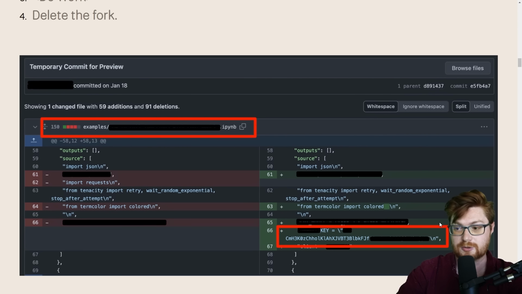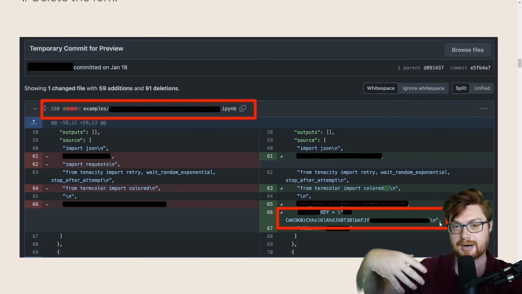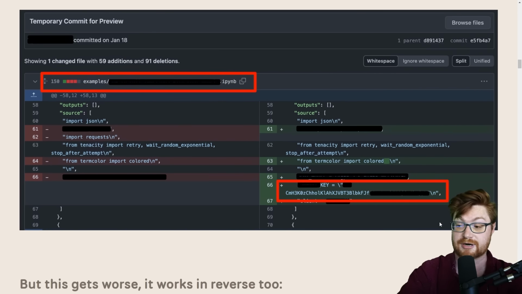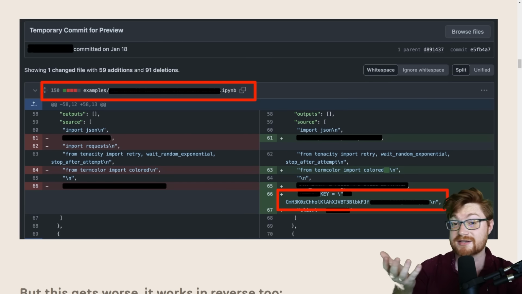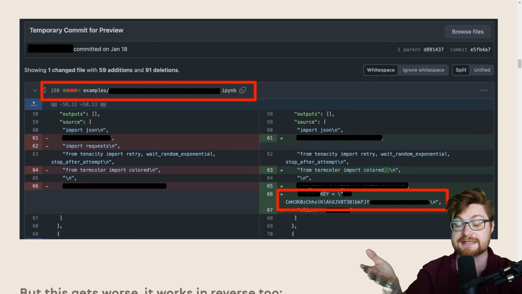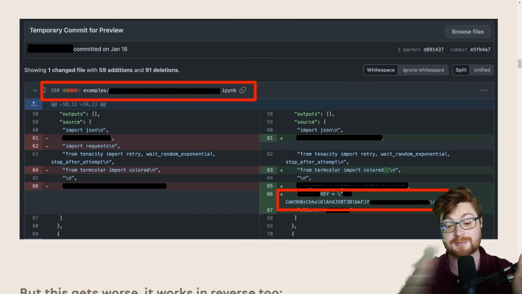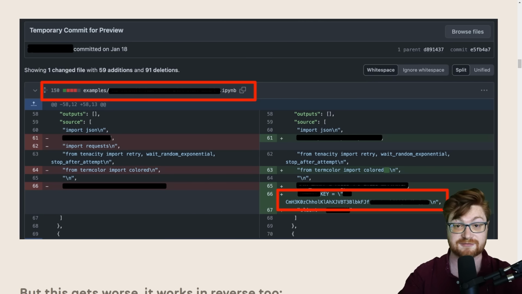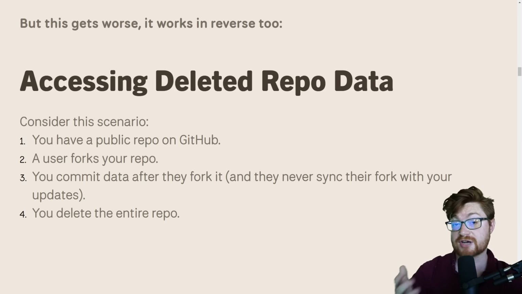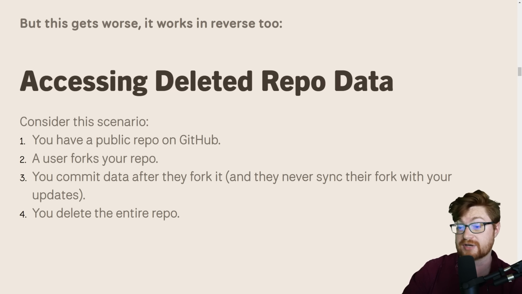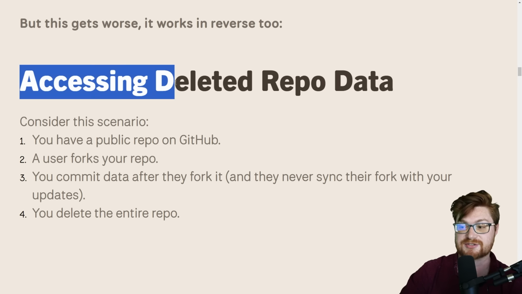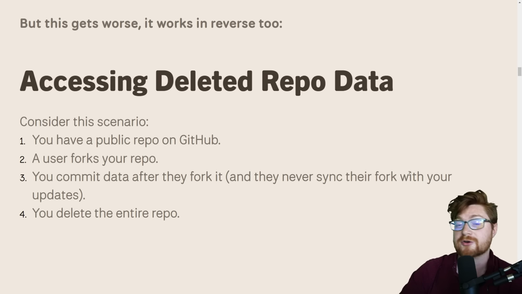But that's still going to be accessible now that it's been bubbled up and pulled into the upstream branch, or repository, sorry, I want to be accurate with the terms here, and that is still accessible, even publicly, if you can track down or at least determine the short SHA-1 hash identifier for each commit. So in just a second, we'll actually see how we can brute force some of those SHA-1 hash commit ID values. And we'll see what more could be done with this, like accessing deleted repository data under certain conditions.